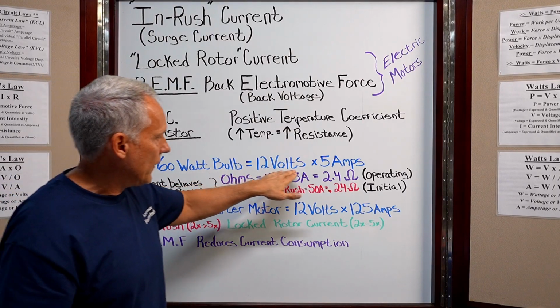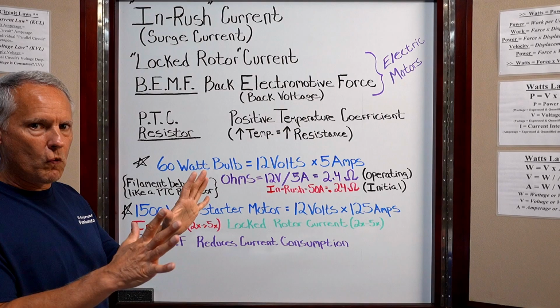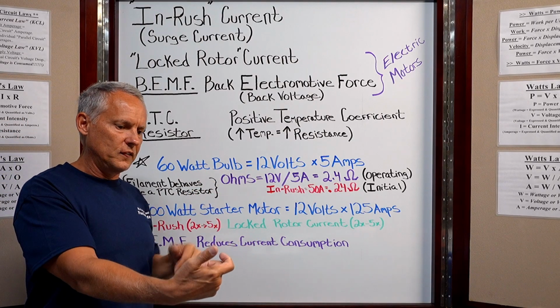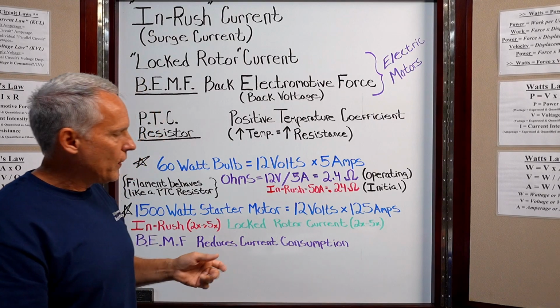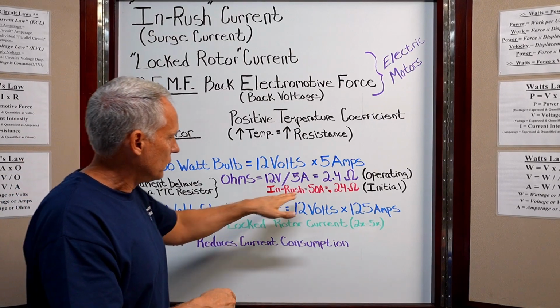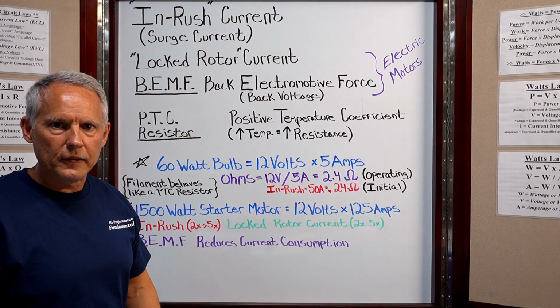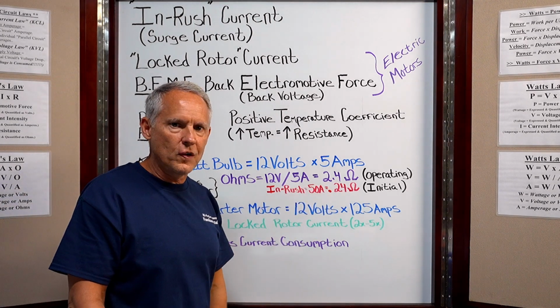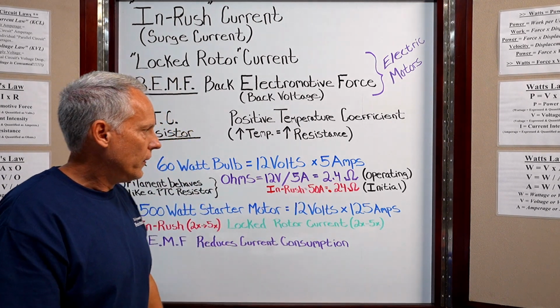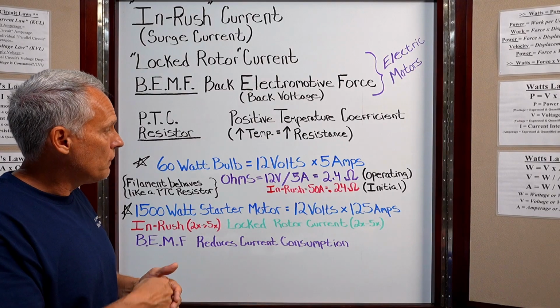If you just took a 60 watt bulb, you had it in your hand, you saw that it said 60 watts, and you calculated everything out, and then from there you said, well, let me go ahead and actually check the bulb and see what the resistance is. You'd say, well, dang, that guy on YouTube, he's lost his mind. This ain't got 2.4 ohms resistance. It's got 0.24 ohms resistance. And that guy don't know what he's talking about. But like I said,